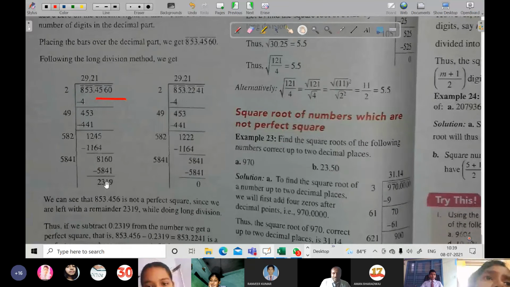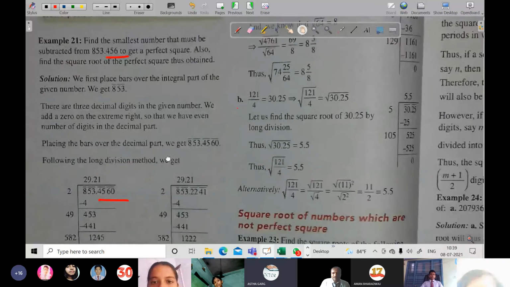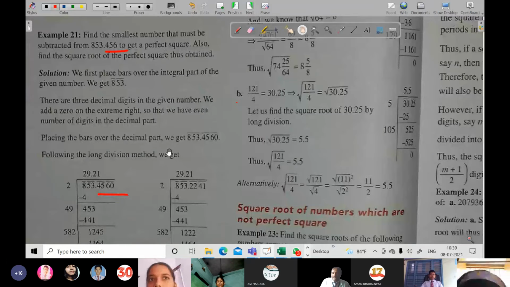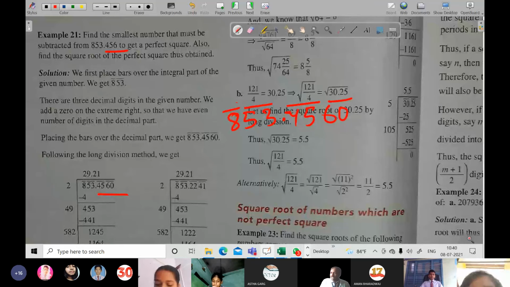Why is 0 added here, sir? For making a pair. Earlier, while making pairs, of course, if you leave it, it will be considered as 0 itself. Like if we make pairs of 853.456, before the point the pair will be formed and one will be left. Here also a pair will be formed and one will be left. So for making the pair you can keep 0. Even here, 6 is there, that means after 6 there is 0, so 60.